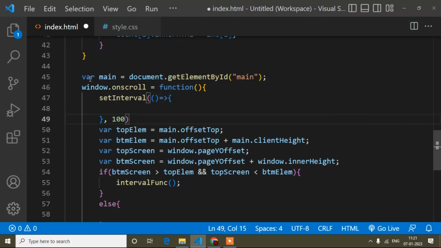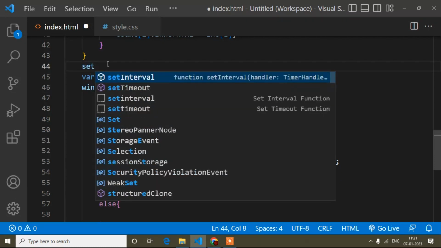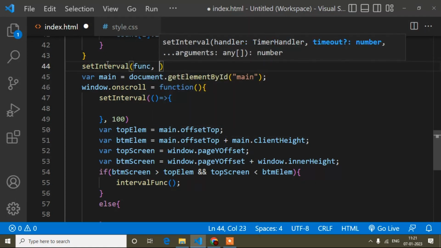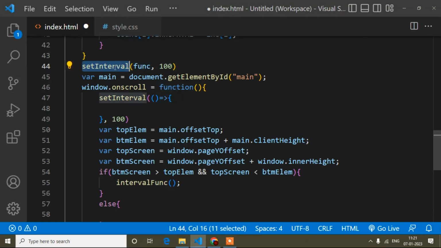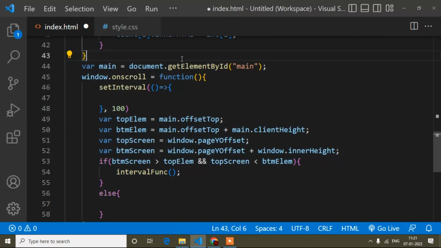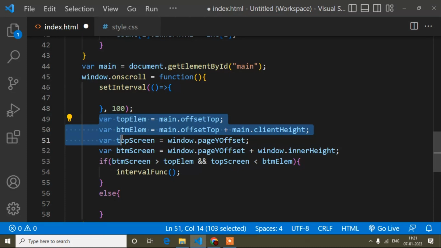Suppose you want to call only a function, so earlier I showed it this way, setInterval and the method name, suppose the method name is func, and the time. But here inside this setInterval I am not calling only a function, I am calling some condition also, so that's why I have to declare setInterval like this way. Fat arrow function or simple function, you can define either, but you have to define it like this. So now this same thing I have to